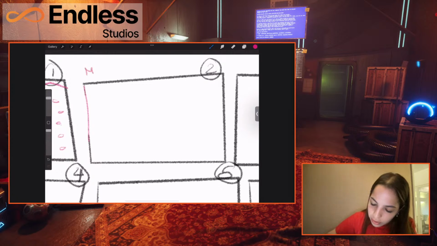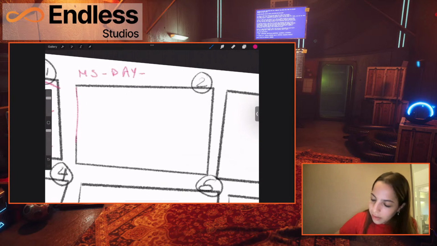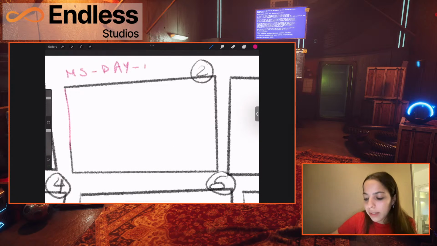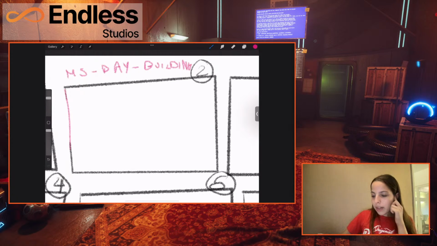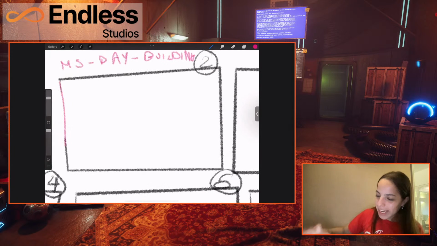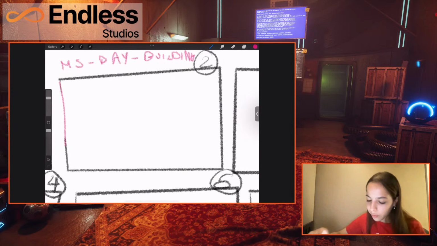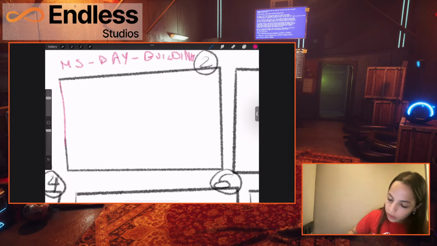So this is going to be a medium shot, and it's still daytime. Nothing has happened for the time of day to change. And now it's not in the city, it's in a building. I want my character to start off in the building. Sorry for my horrible handwriting. It's getting progressively worse because I have to use my hand to draw, but no worries. I want our character to be here on the left, filling this third of the screen.